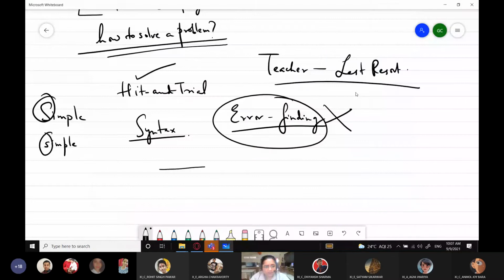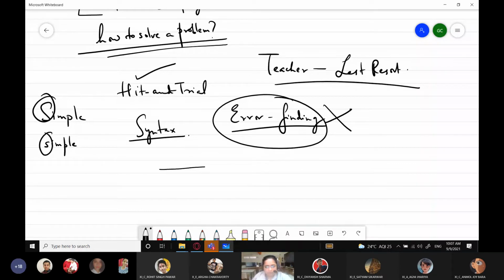So that's what I was saying, that for error finding, you need to read the statement. So today when you come to the school and you find an error, your first approach should be to first find out the error yourself. It's like a puzzle, find out what is the error. Why am I getting this error? Am I violating any rule?